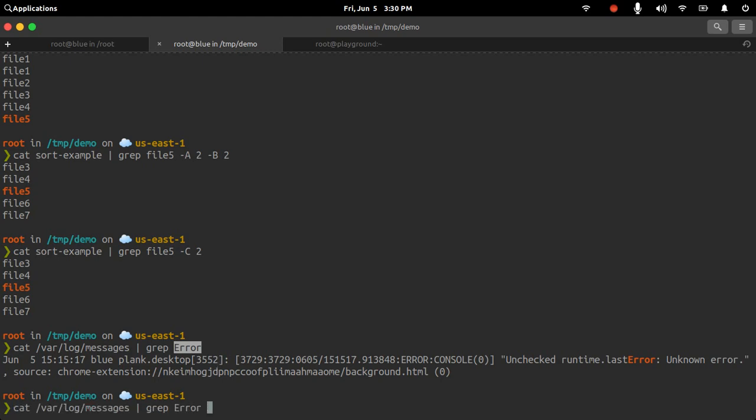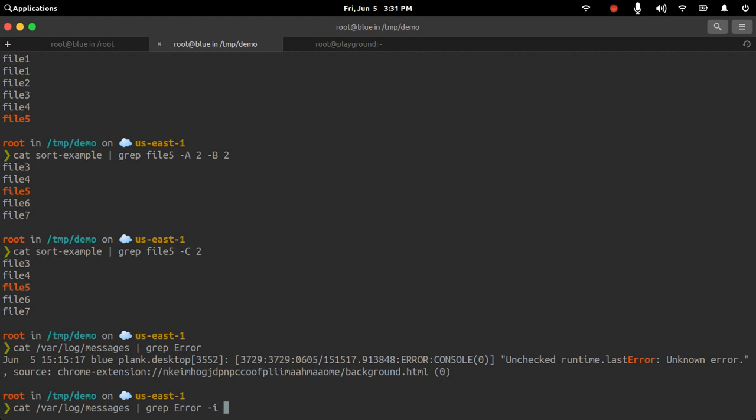However, let's say I want to ignore the casing of this string. This string has the first letter capitalized and the rest lowercase. If I want to ignore this casing, I can provide -i as the parameter. -i will search for anything that has error, whether the E is capitalized or the rest of the characters are capitalized.